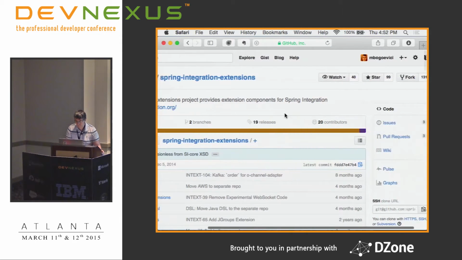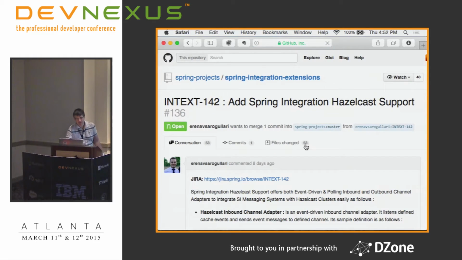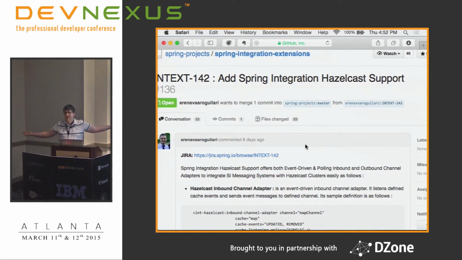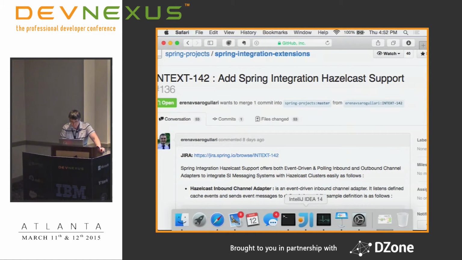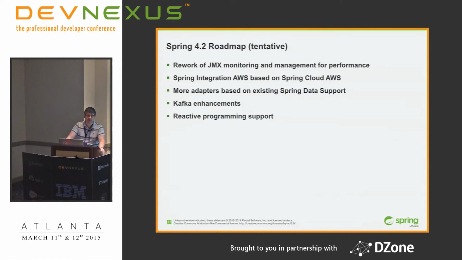So, for example, and this is something that just came through, support for Hazelcast. This is a PR that's just being opened right now. So things are in motion, and we're adding, like Spring Data, for example, which has a lot of support for integration with different technologies, and we are adding more and more support based on that. Of course, enhancements to Kafka, support for